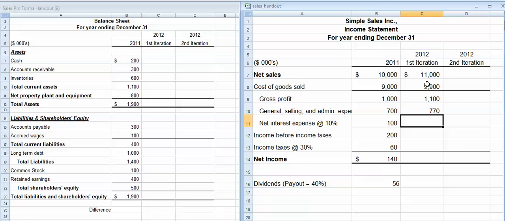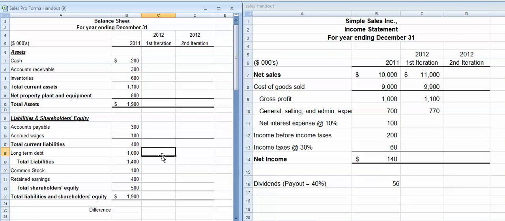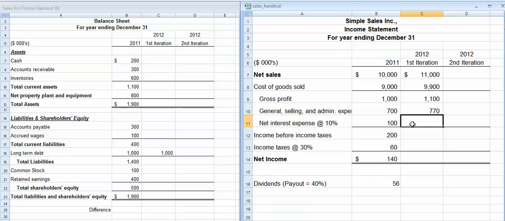Now our interest expense, we don't want to assume just a 10% increase in interest expense simply because sales have gone up. Interest isn't driven by sales, but rather it is driven by debt. So we need to calculate our interest expense, and we're going to assume our interest rate is 10%, so we're going to want to multiply our 10% interest rate by the amount of debt we have on our balance sheet. But right now you can see on our balance sheet we have no debt for 2012. So we need to do something to start with. As a starting point, we'll just assume that we have the same amount of debt that we had last year, $1,000 in debt. So our interest expense will be 10% times 1,000 or